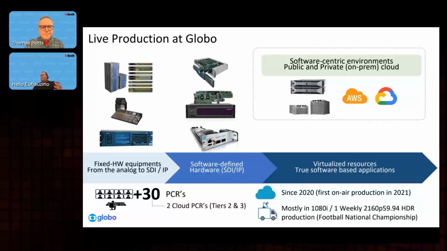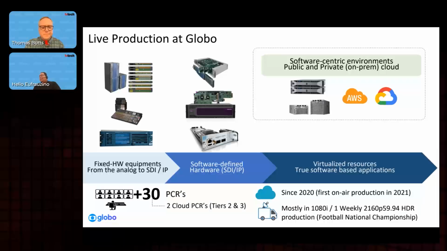Talking about the video, mostly we have our formats in 1080i, and at least once per week, we have a 4K production. This is a scenario where we have more than 200 daily hours of productions, and we need to enlarge these systems. Why? Besides all the stuff that we have during the daily hours,